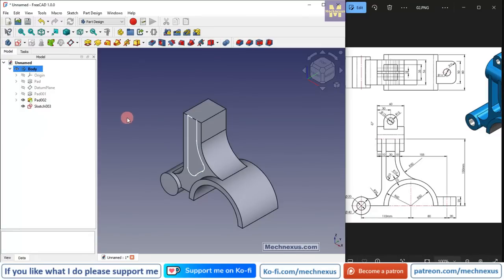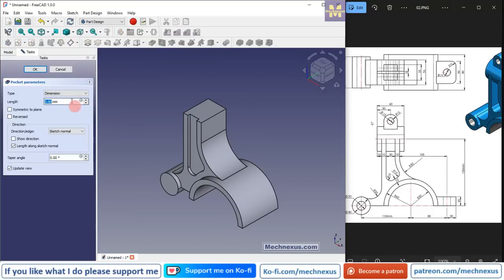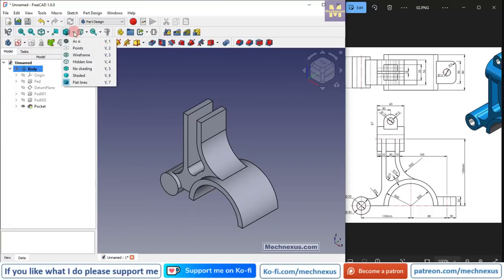and now I will switch to the flat lines, select the sketch, and click on extrude cut, and say it through all. So here, switching from flat lines to wireframe, here is a keyboard shortcut is given. You can also use this keyboard shortcut. Now